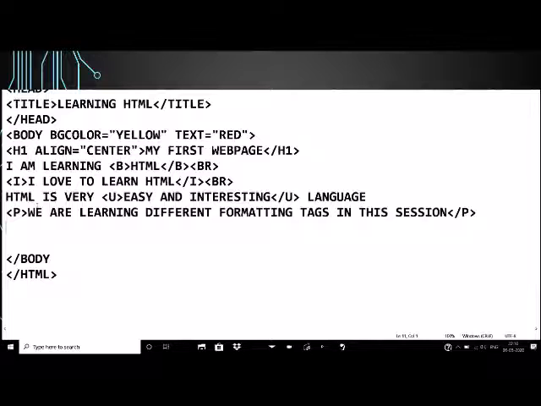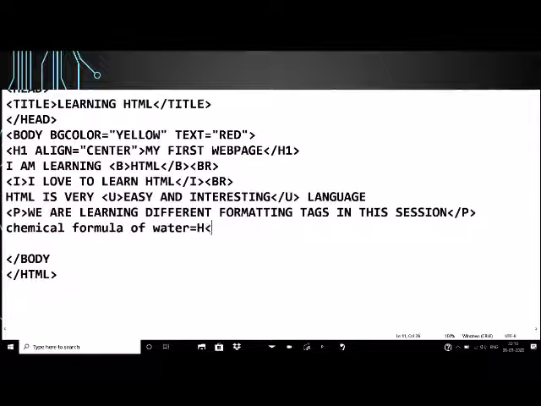Suppose we want to write the chemical formula of water is equal to H2O. Then we will write H like this, and 2 should appear in a smaller font just below the baseline.